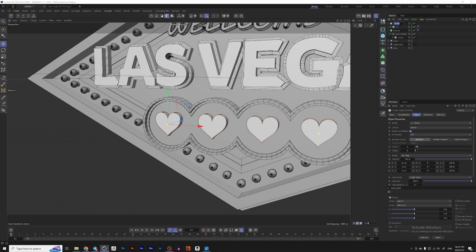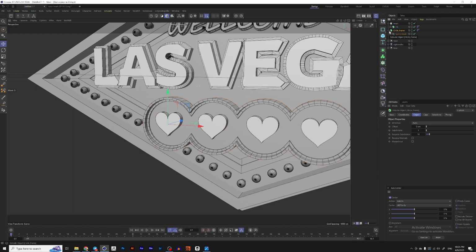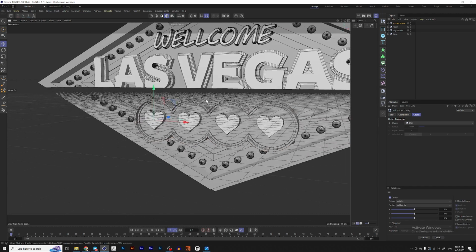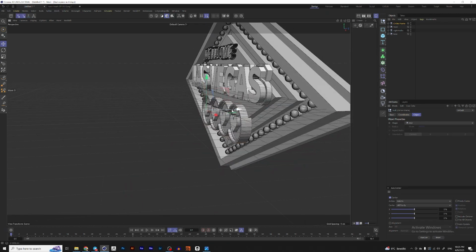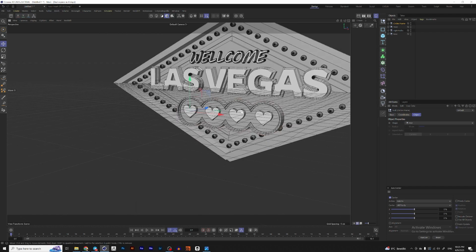So let's name it heart. This would be circle frame. And now we can group it and also name it circles frame. Maybe move it a little bit back. Anyway,